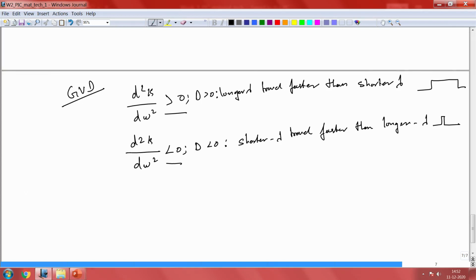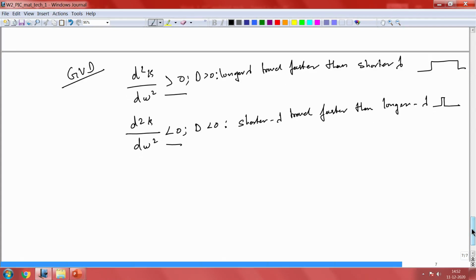So, the group velocity dispersion is different from phase velocity dispersion. Okay. So, we are not going to discuss phase velocity dispersion at this point of time. We are more interested in group velocity dispersion and the implication of that when you propagate. And another way of representing this group velocity dispersion, quantifying it when it is traveling through a medium, is through this particular relation,